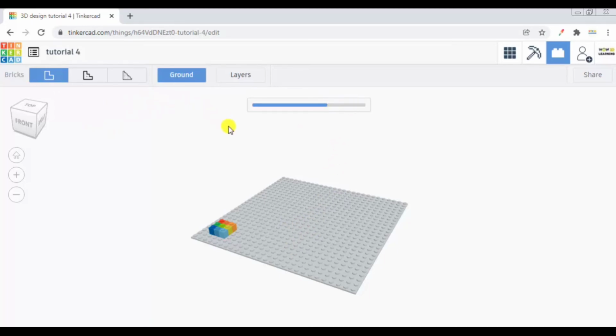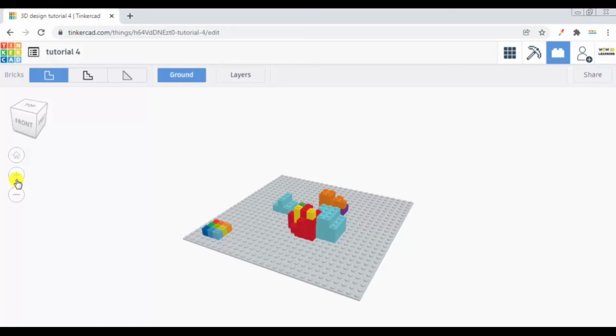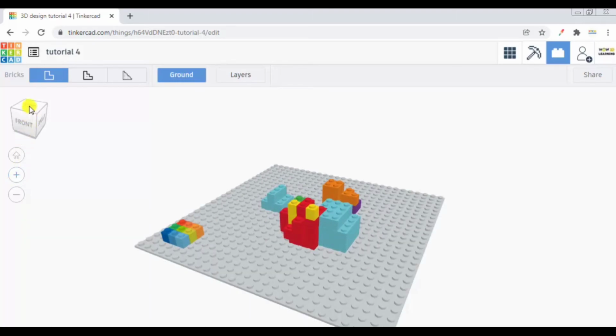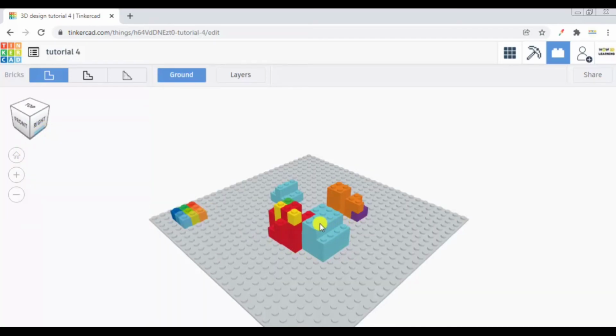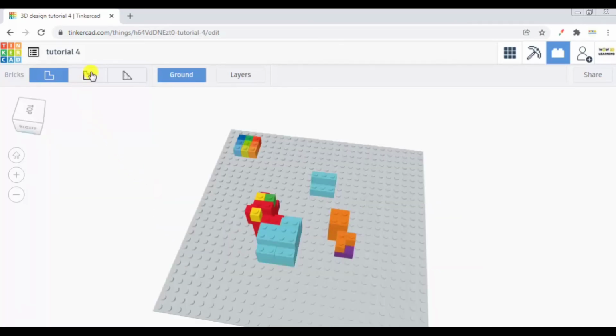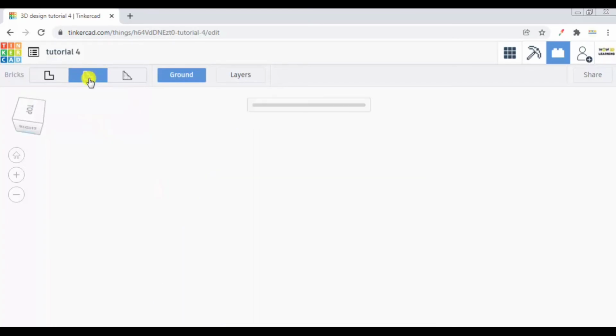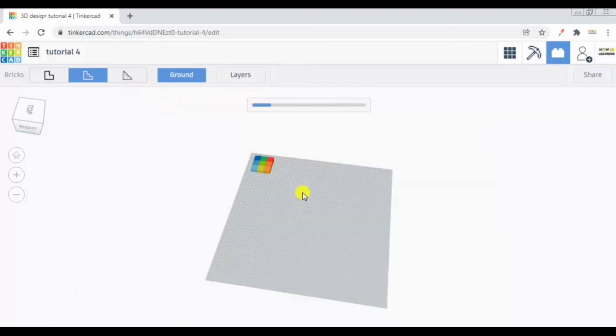It will take some time and then it will complete. So here if you zoom in, you can see very well. Let me show the top view. See, all these are arranged in the form of Legos. See this. Now here also, if I increase the number of Legos, you can see a better view. All your objects are oriented in a better view.